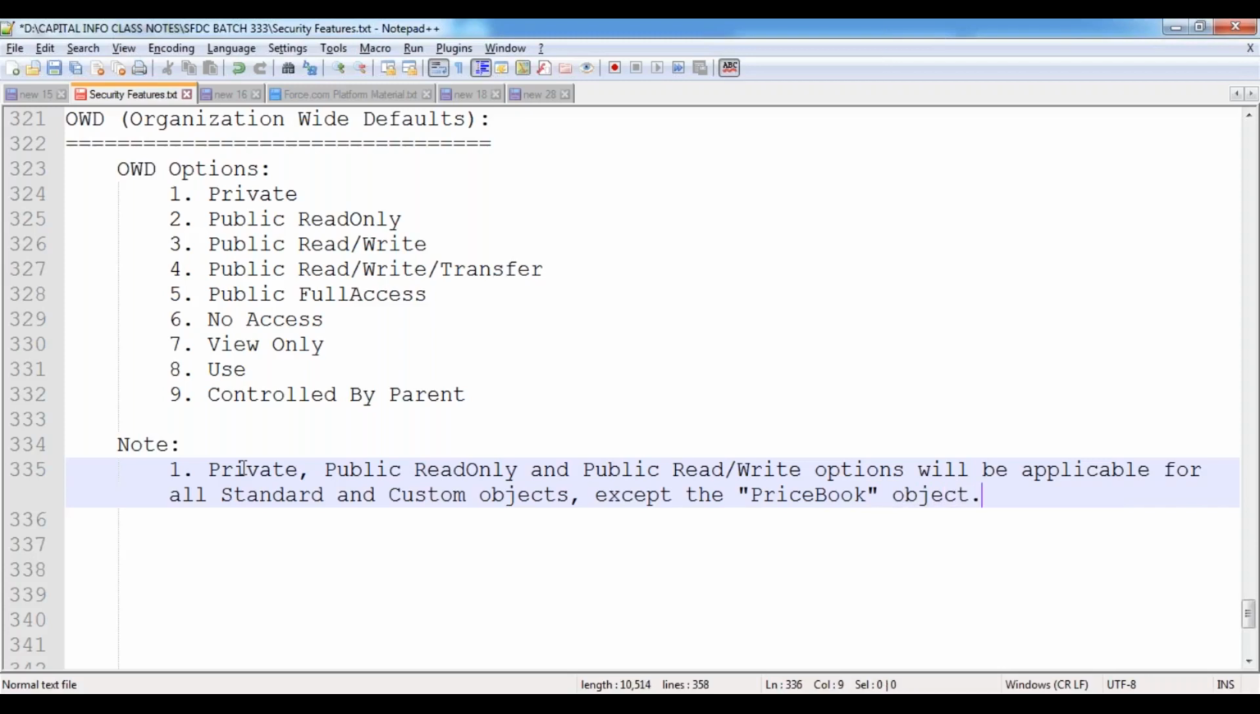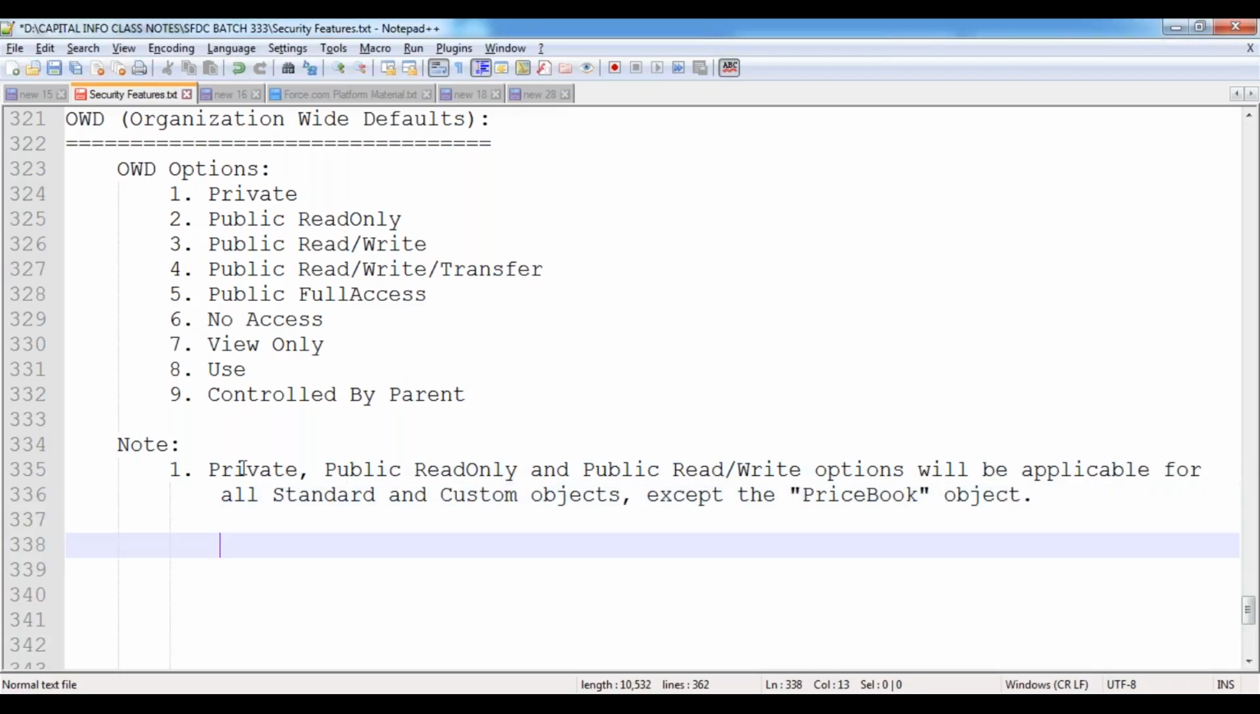Except the price book object. So for all the standard objects and custom objects, these three options are applicable except the price book object. For the price book object, we can't apply these options. Next,